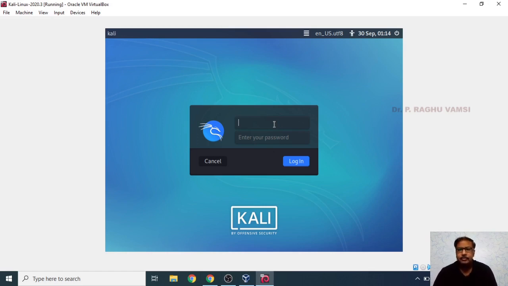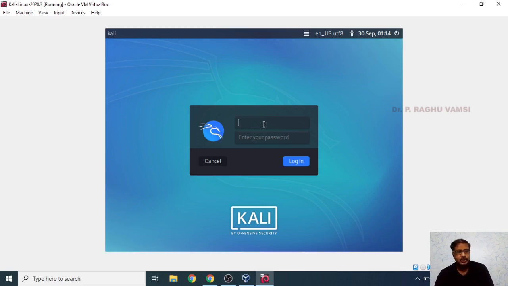Currently I am using Kali Linux 2020.3. Before the 2020 version of Kali Linux, the username and password for the operating system were root and toor. Username is root and password is toor.